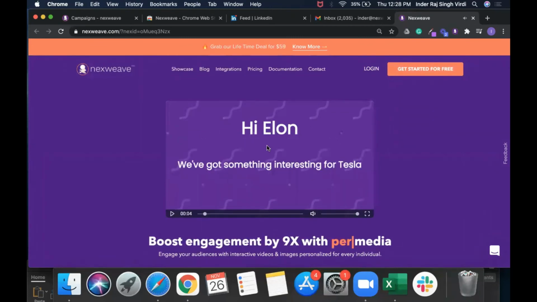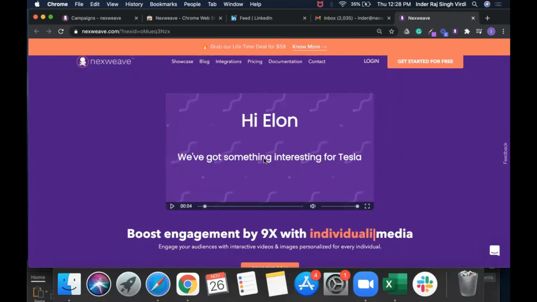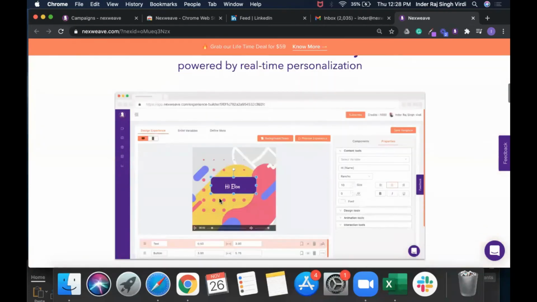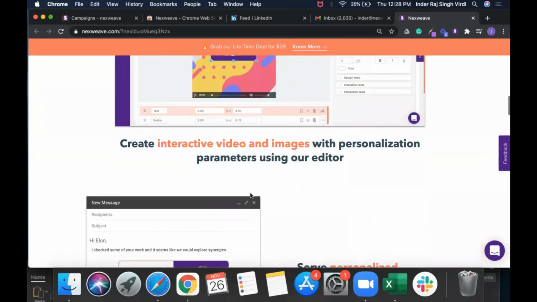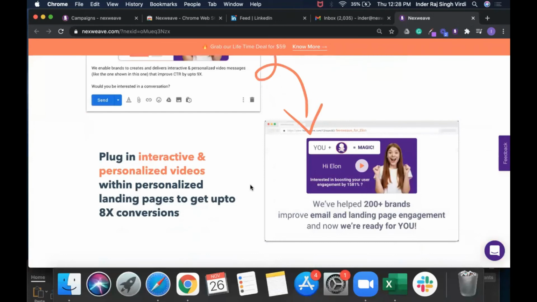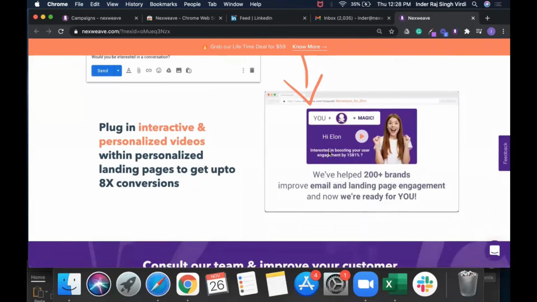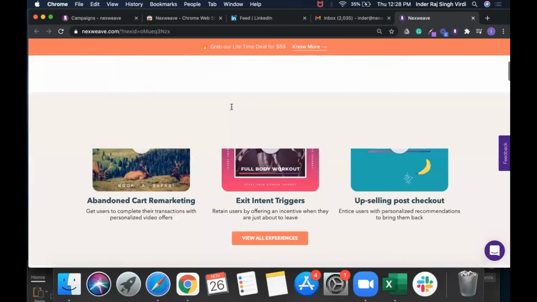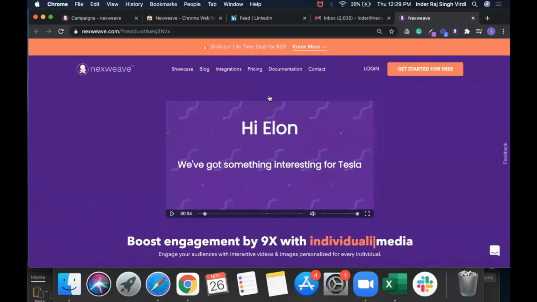So that's an example on how you can use the plugin to send emails that take the user from the email to the landing page containing the personalized video. You'll also notice that going forward, we will release an SDK, which will allow you to update the images on the entire page as well. So the entire page will contain the name Elon, because that's how the page has been configured. This is something which is part of the roadmap.